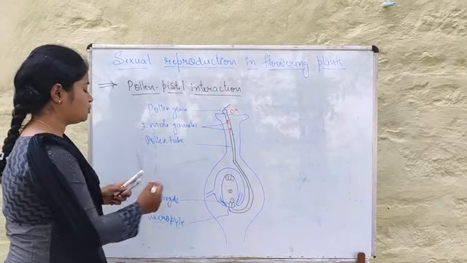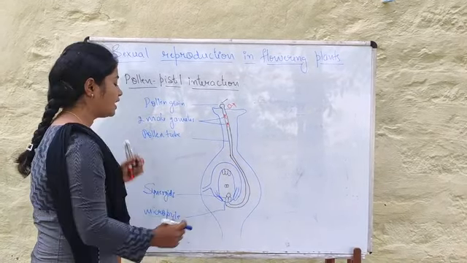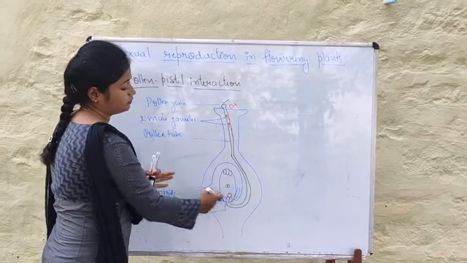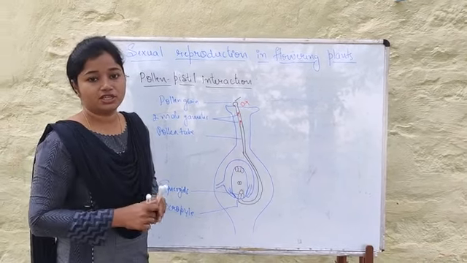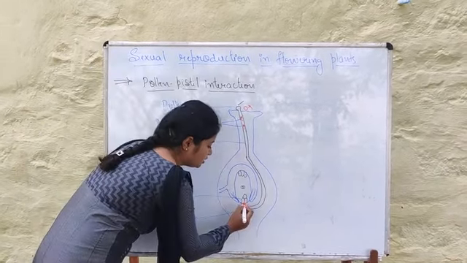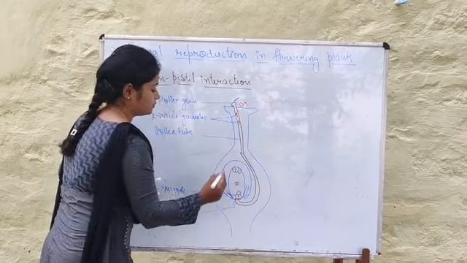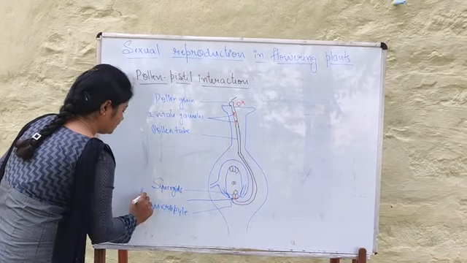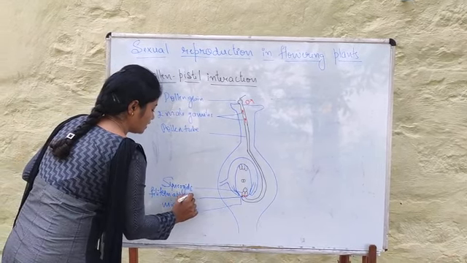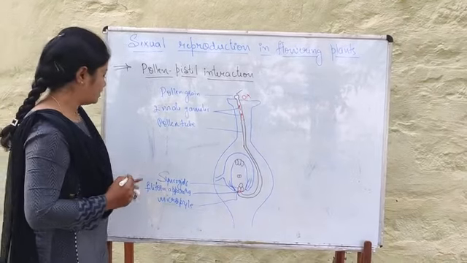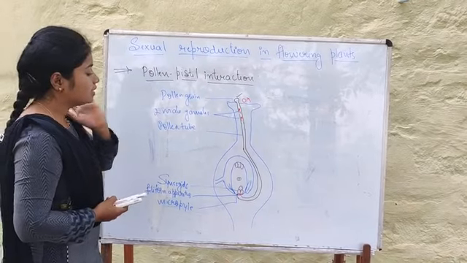Right? So now this pollen tube will enter the ovary, and after reaching the ovary it will enter into the ovule through the micropyle, and then it is going to enter inside one of the synergids. There are 2 synergids, and out of the 2, the pollen tube is going to enter any one of them with the help of a filiform apparatus. I said this is a finger-like structure which is present here, called the filiform apparatus. It is also believed that this filiform apparatus guides the entry of the pollen tube, right?